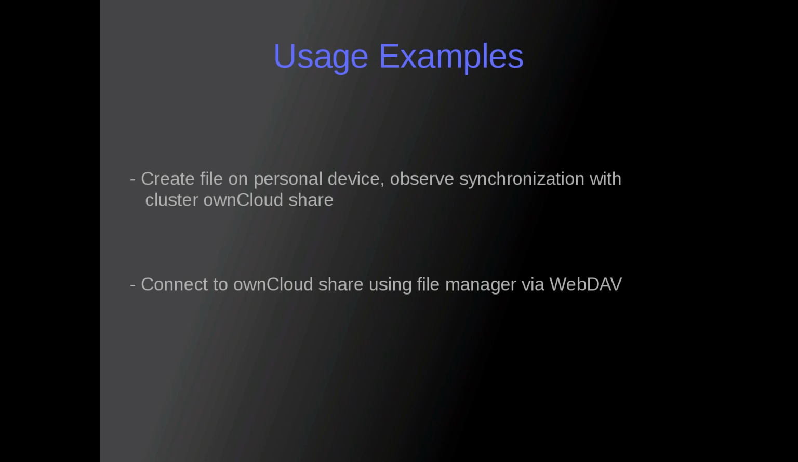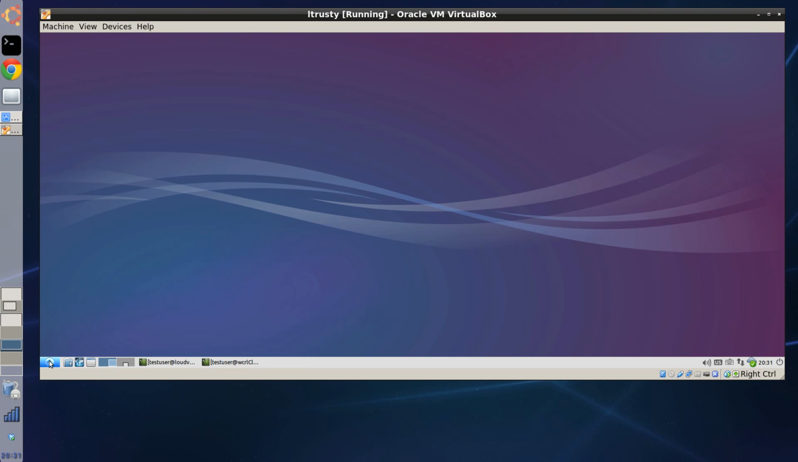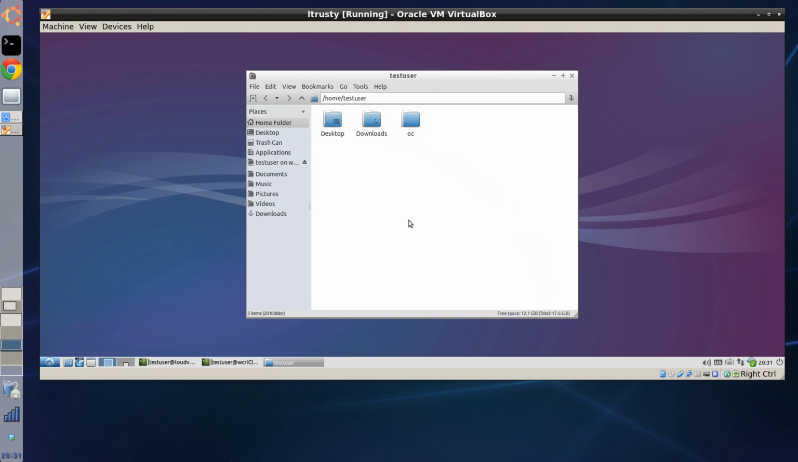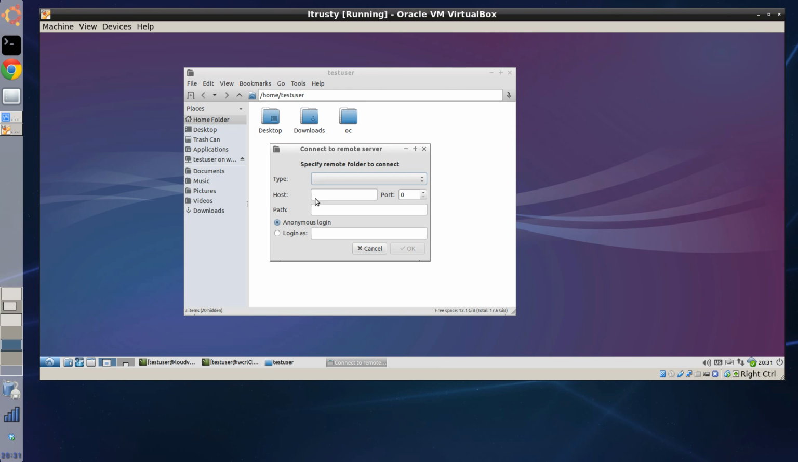In the next example, we will demonstrate connecting to the ownCloud share on the cluster using a file manager via the WebDAV protocol directly. In the example, we will use the file manager PCManFM. Most file managers within modern operating systems have the capability to connect to WebDAV shares natively. For this particular client, we choose Go, Connect to Server, provide the details of the WCRL cluster ownCloud deployment,